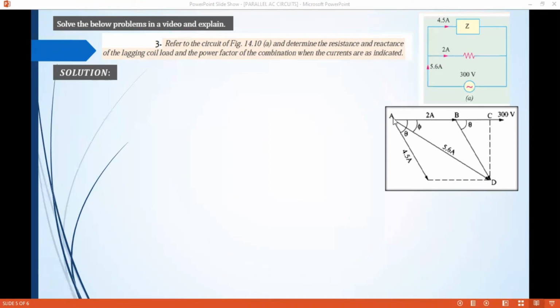Since the current flows toward our inductance, or the inductive load, it is the purely inductive load. So it lags. The inductor lags the voltage across it by 90 degrees. And then for the 5.6 amperes, also the current from our voltage, we have here